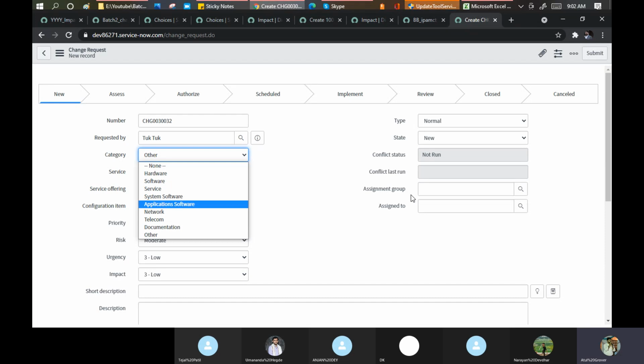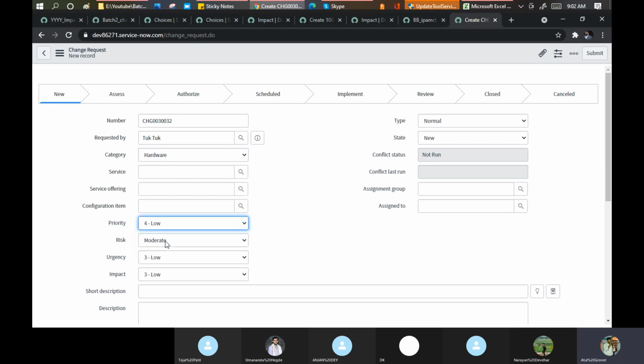One. Second point I'm adding: my category and my priority. On the combination of these two, if my category is hardware and priority is 1, it should go to the admin team. If my hardware is this and my priority is 2, it should go to some other group. Is everybody clear on the requirement?